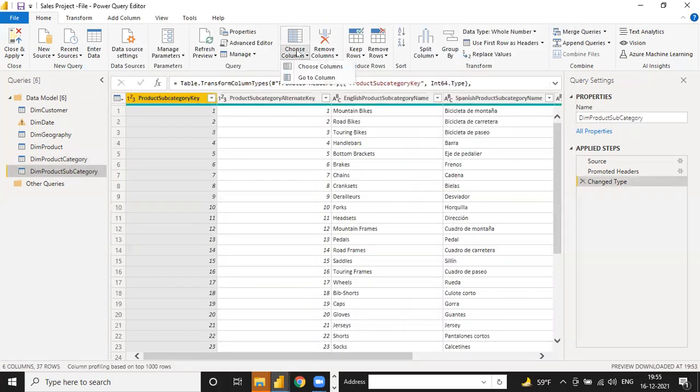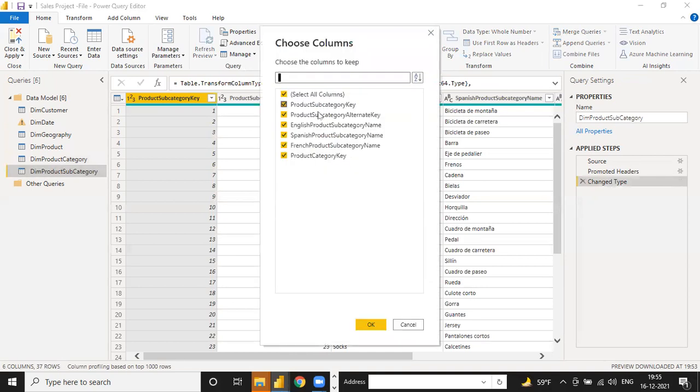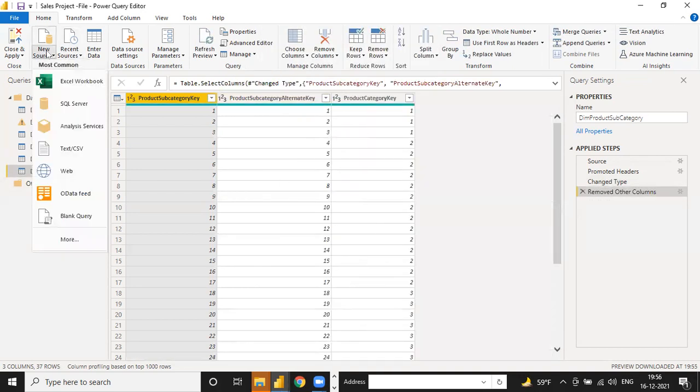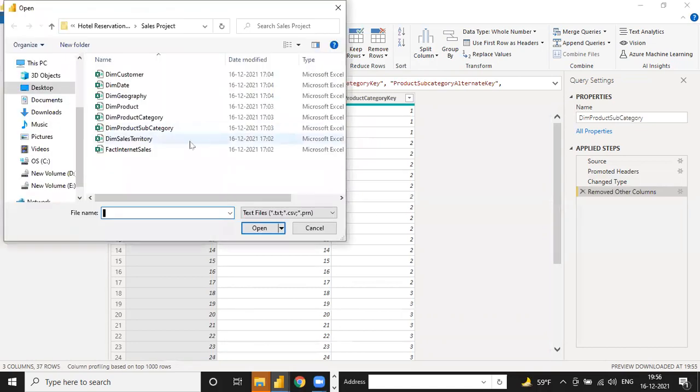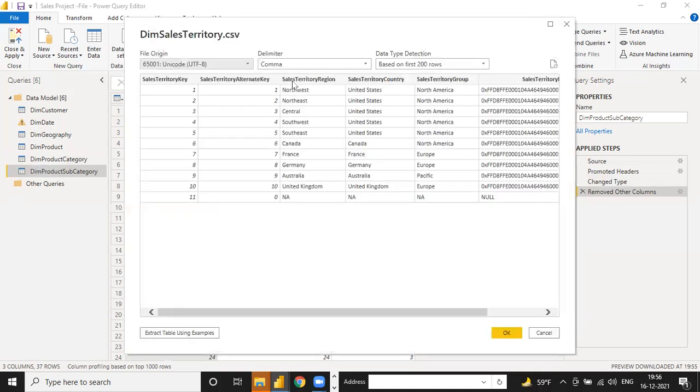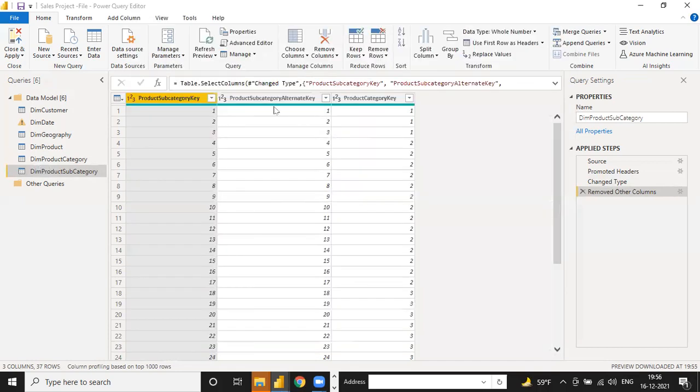So here is also the product subcategory. Go to this, choose column. Here also, if I need to remove all the product subcategory, okay, and now these are all okay. Text value, sales territory. Just click on this OK